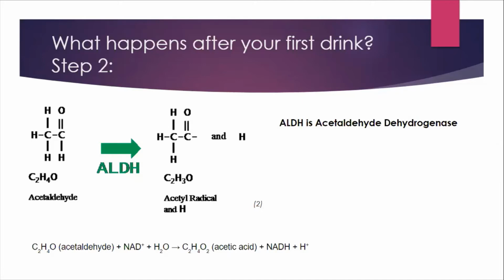The hydrogen that's produced gets further used up in the electron transport chain, which is then used for ATP, and the acetyl radicals are then further broken down in the body and released and used in the body for further experiments. Next, Anthony Moriali is going to talk about the approach that we took in